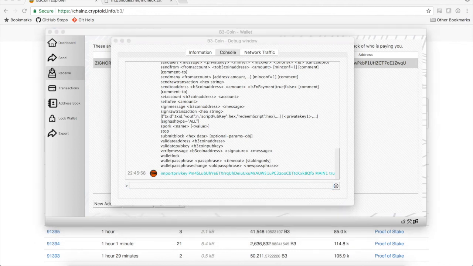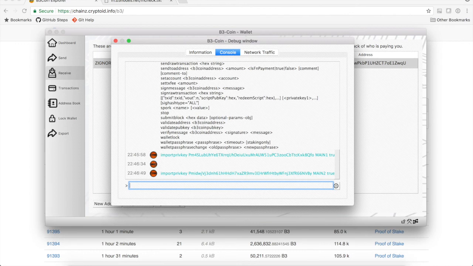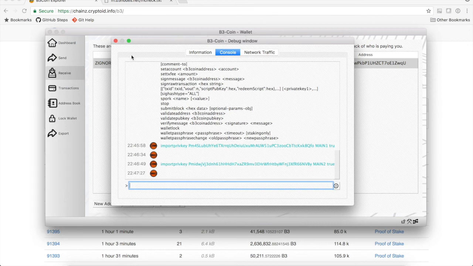So that's going to run for a minute. This process is CPU intensive because it does some math in the background. Now I'm going to type the second command, import private key, and I'm going to call this one main2 and true. So you can see when you get this next prompt, that means that it imported that key. This key hasn't been imported yet because we're not seeing the next prompt, so we have to wait for that. Now that we have that,